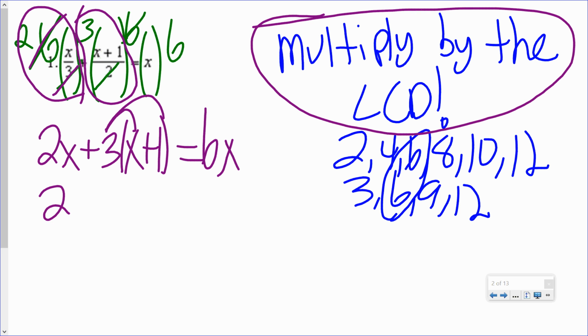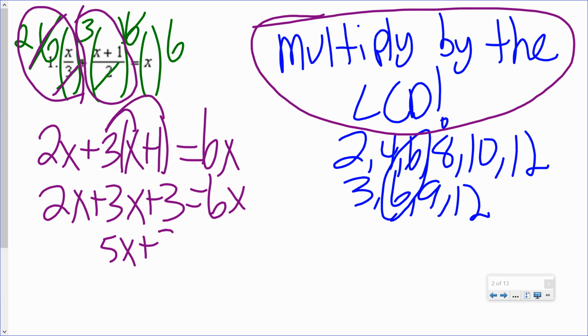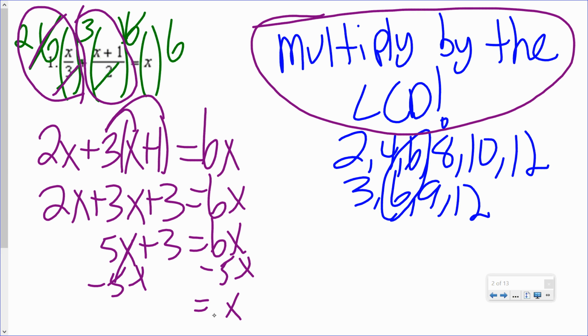Next thing I do is I get rid of the parentheses, and I combine like terms, bring all the x's to one side, and I'm done. Now, one thing that you have to do at the end is you have to check. All you're checking for is to make sure that the answer does not make the denominator 0. Since there are no x's in my denominator here, since this is the Algebra 1 version, it is not going to make any of the denominator 0. Your answer is x equals